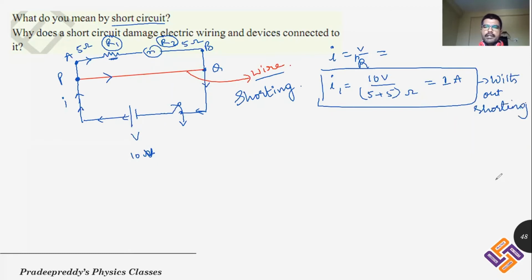This is without shorting. Now, when you are shorting, it will become I dash, which is equal to 10 volt divided by, there is no resistance R1 and R2 connected from P to Q. P to Q is just your wire. As wire does not offer any resistance, of course, it offers very negligible resistance. I am considering that negligible resistance as 0. So, as wire offers 0 resistance